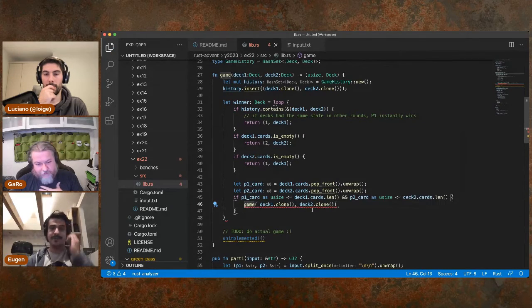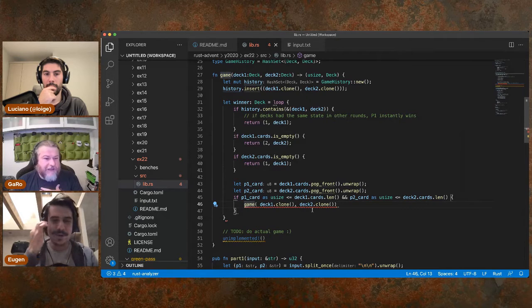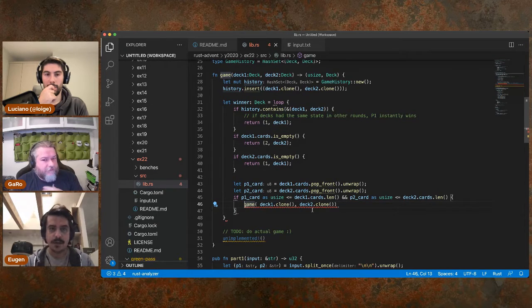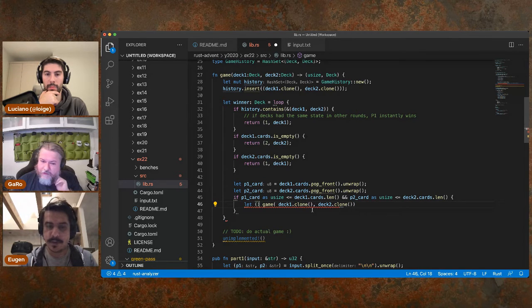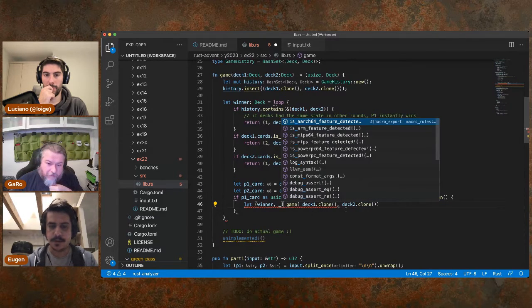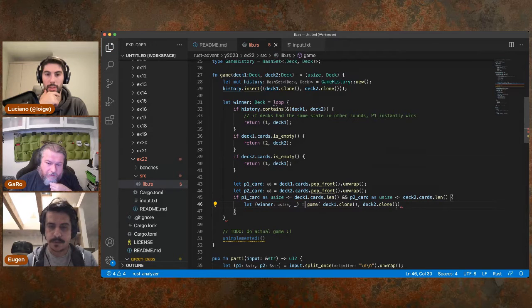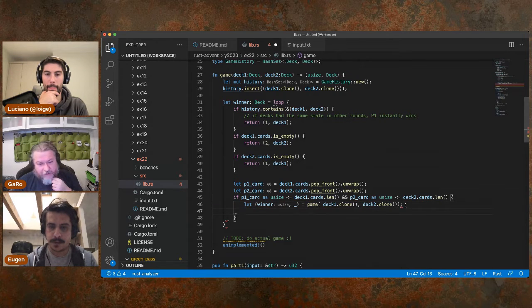What do we do with this though? This is returning the winner and the deck of the winner. We don't care about the deck of the winner, to be honest. We just care about who is the winner. Let's... What's the first one? The winner. Yeah. And the commander score. Equal, yeah. So we don't care about the deck. Yeah, we don't care about the deck. Okay, so